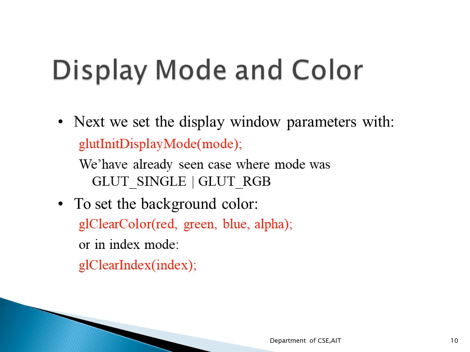For the background color of the display window, if you want to give one, you can make use of glClearColor with red, green, blue and alpha. So the background color will be a combination of red, green and blue, that is white color. Or if you want to specify in the index mode, where the mode can be either RGB or index, you can specify by using a number with the glClearIndex API, where you specify this index. This index will be an integer value and it is going to correspond to one position within your color table.